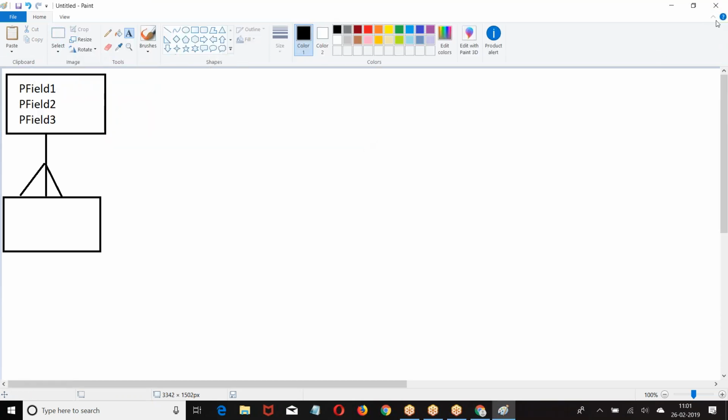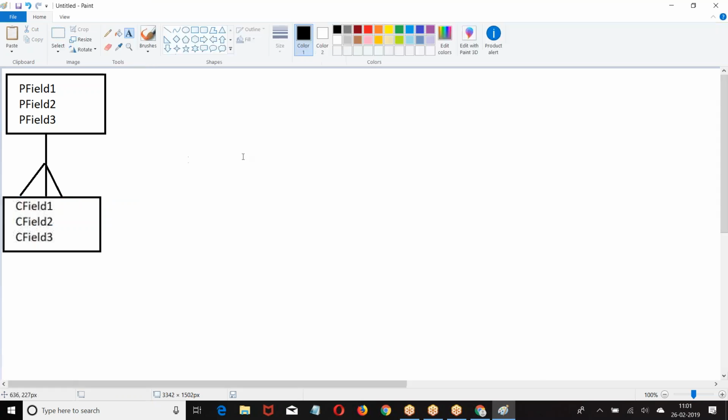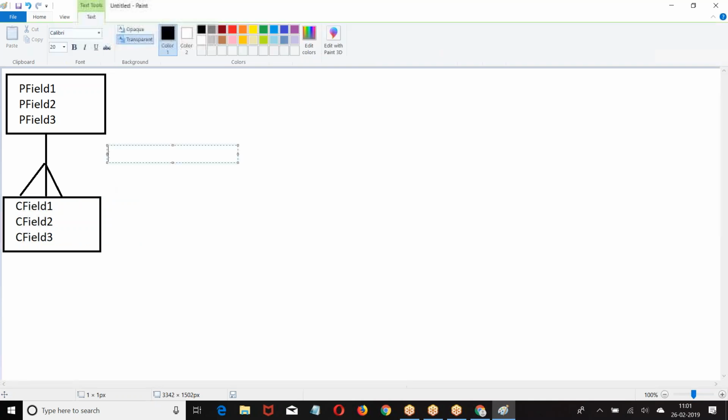Now both the objects are here. Parent object and child object. I have parent field 1, parent field 2, child field 1, child field 2. Both of them are connected by a lookup relation, or it is connected by master detail. The question is,